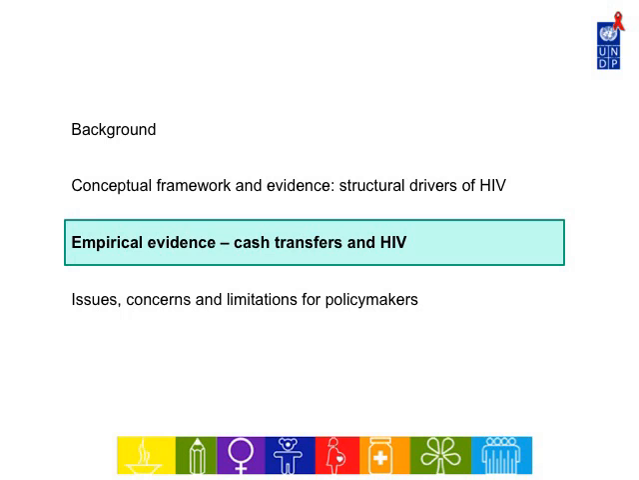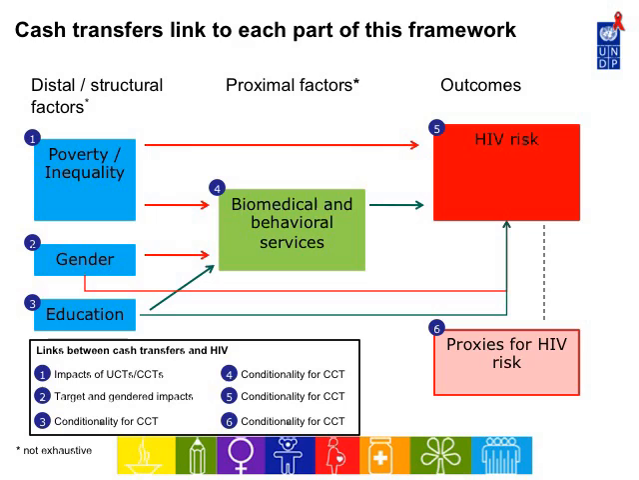Let's look at some of the empirical evidence for cash transfers in HIV. This is a schematic that we just showed, adding proxies for HIV risk as a sixth category to look at how not conditional cash transfers, but cash transfers generally link up to HIV. So for the first one on poverty and inequality, these are typically impacts or outcomes of unconditional cash transfers and CCTs. So poverty can be an eligibility criteria, but also reduction in poverty tends to be an impact of these